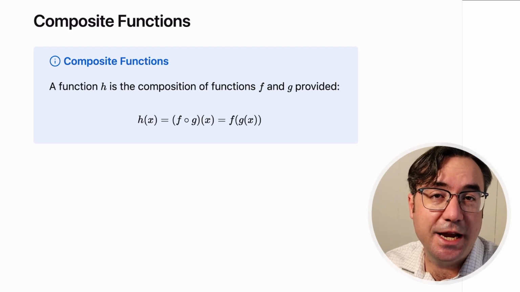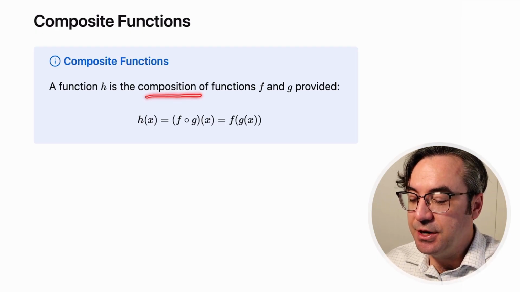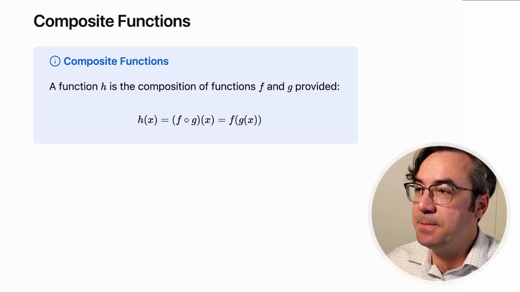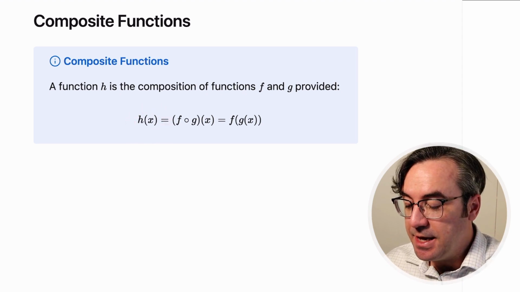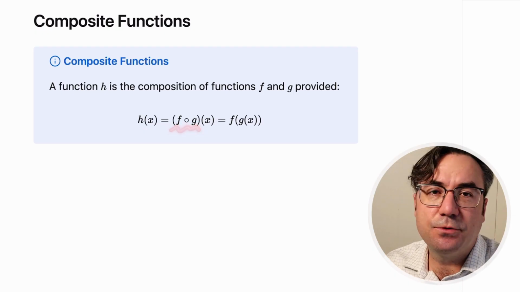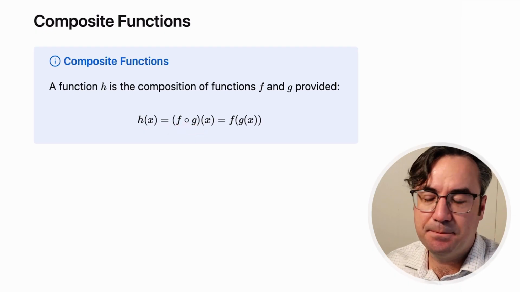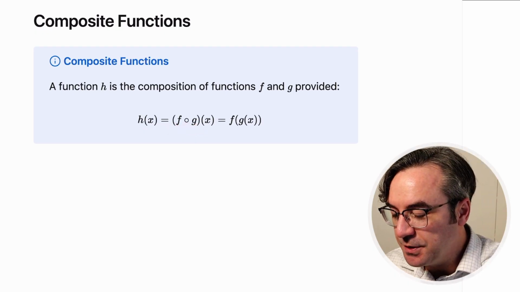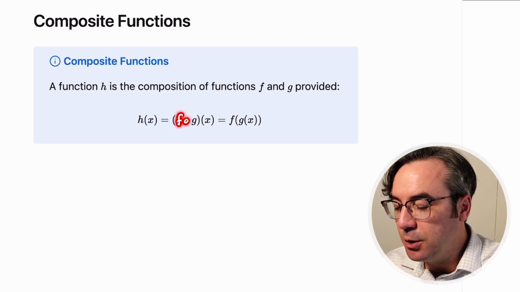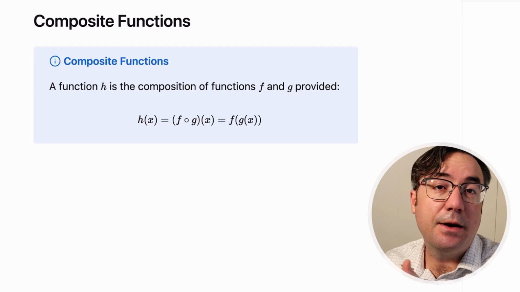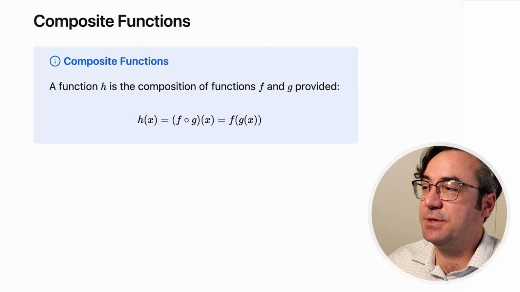We say a function h is the composition of functions f and g, provided this new function h of x is, well, we use this notation for composition. Well, a few different ways. So this little open circle, the way we read this is f composed with g. Now, how we actually calculate the composite function